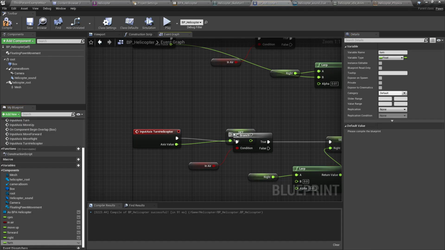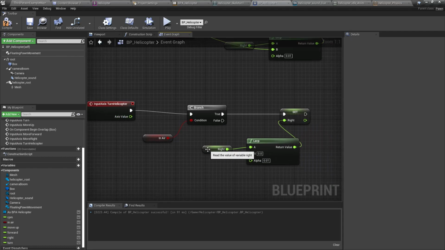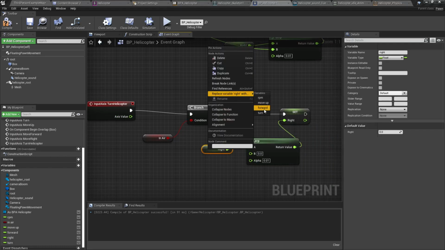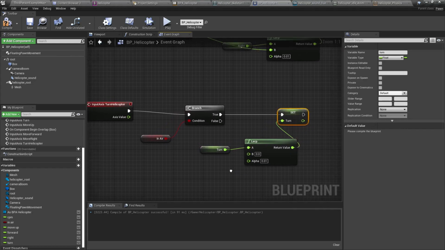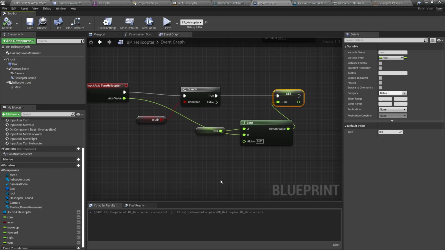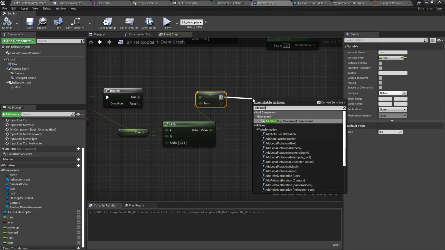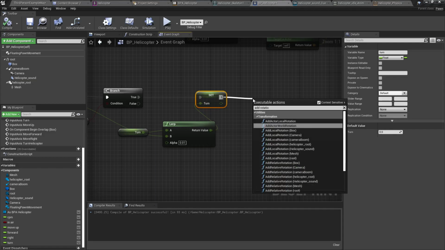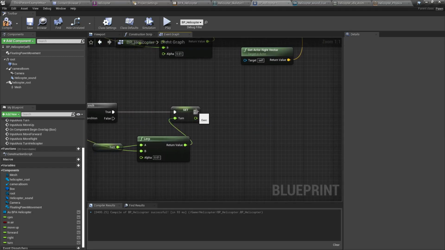Replace this with turn and turn. Okay. Now we have to add, and here let's